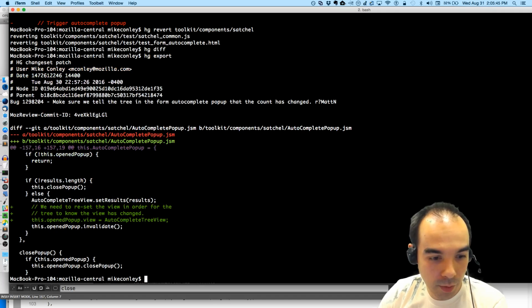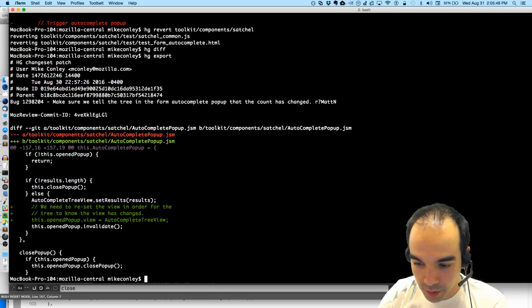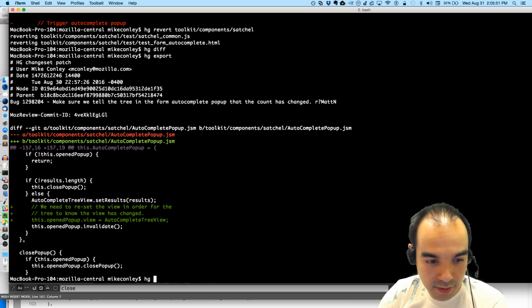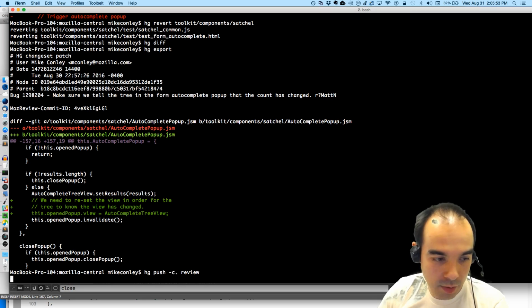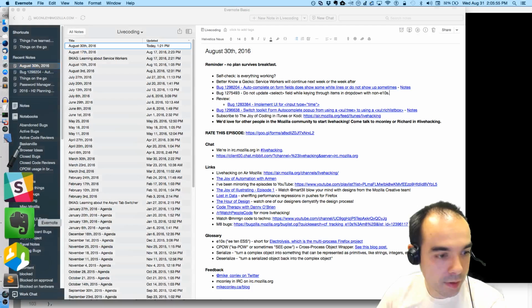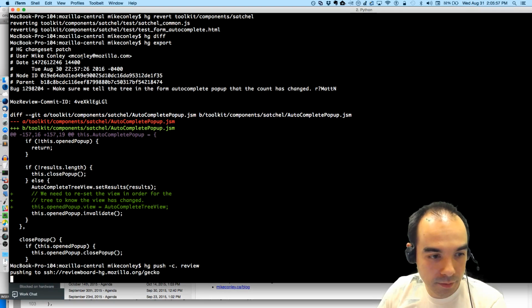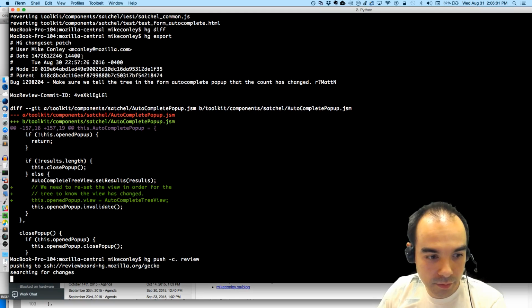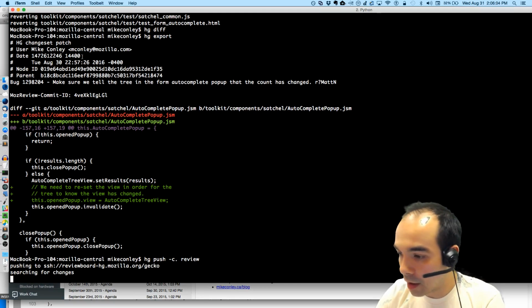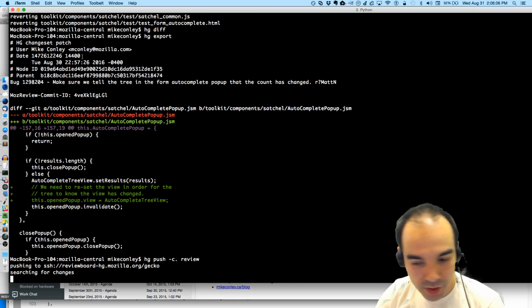Or when we rewrite the test framework, we can add this test case. All right, so we'll push that up for review. Actually, I'm going to change the commit message.